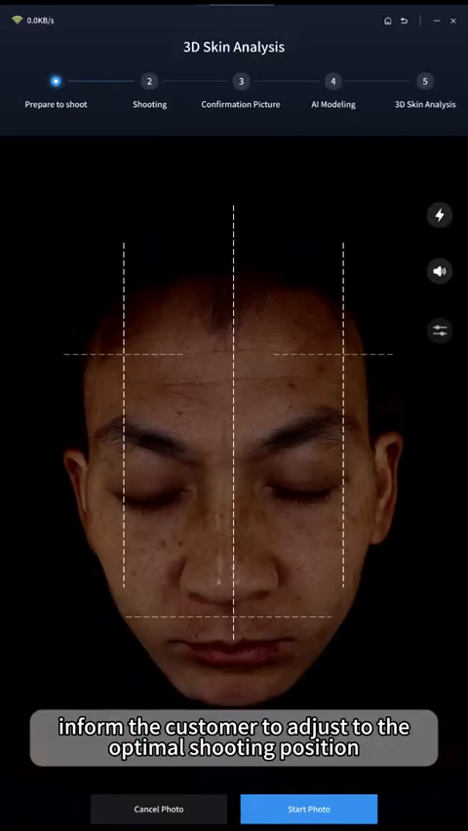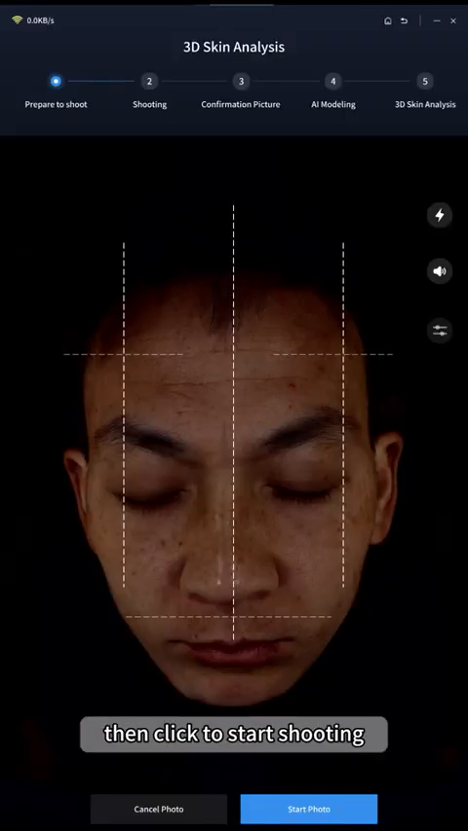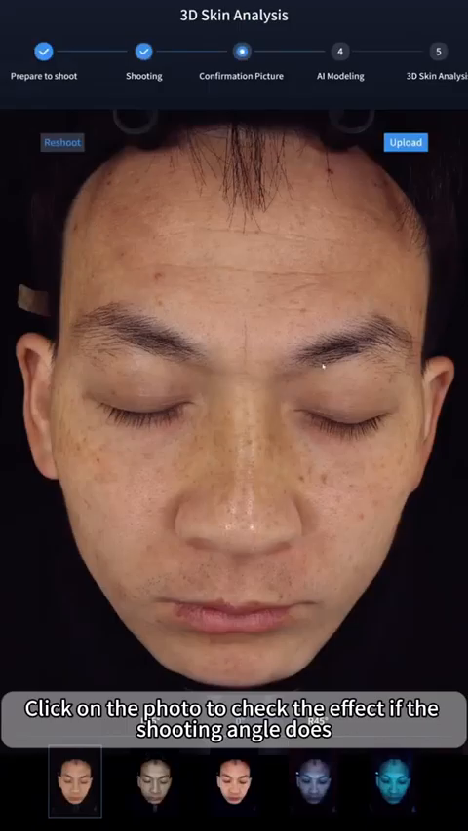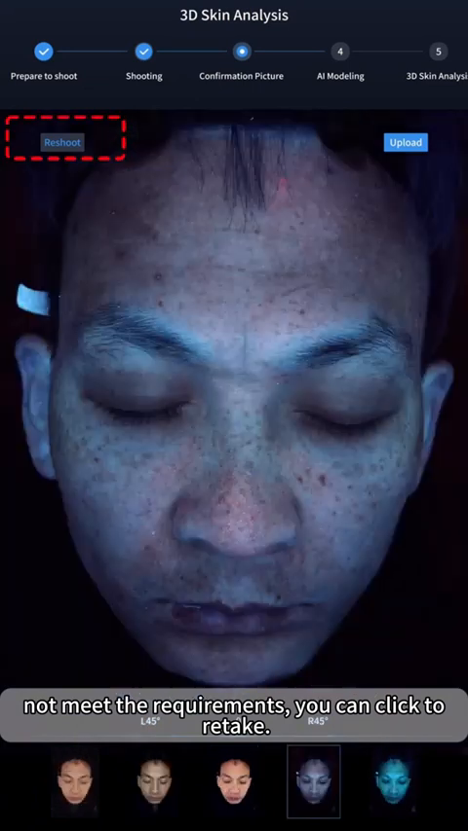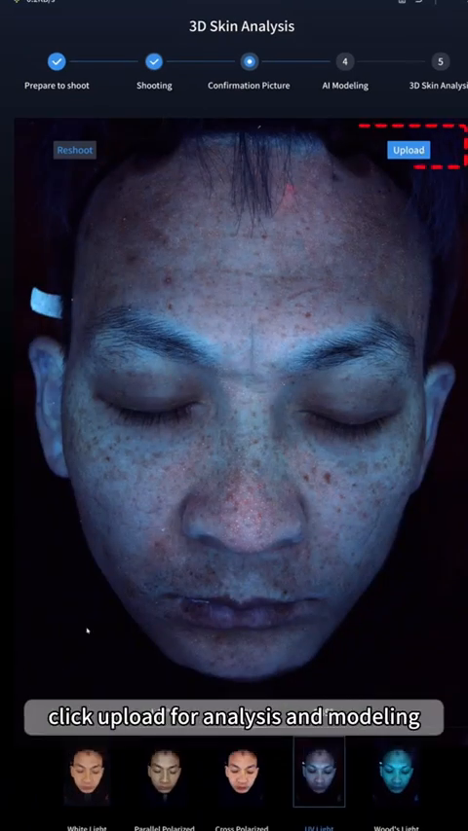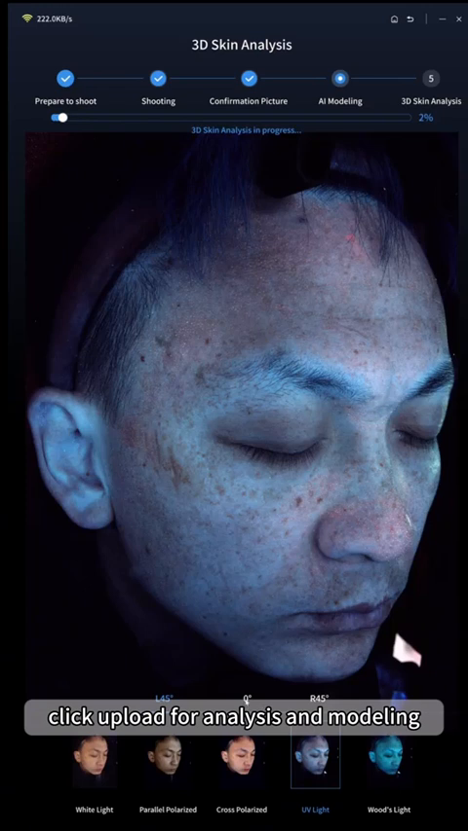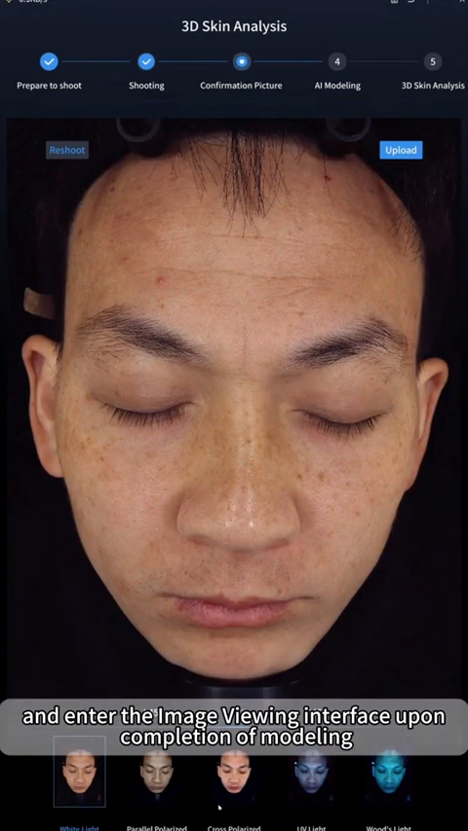Inform the customer to adjust to the optimal shooting position, then click to start shooting. Click on the photo to check the effect. If the shooting angle does not meet the requirements, you can click to retake. After confirming that the shooting is correct, click Upload for analysis and modeling, and enter the image viewing interface upon